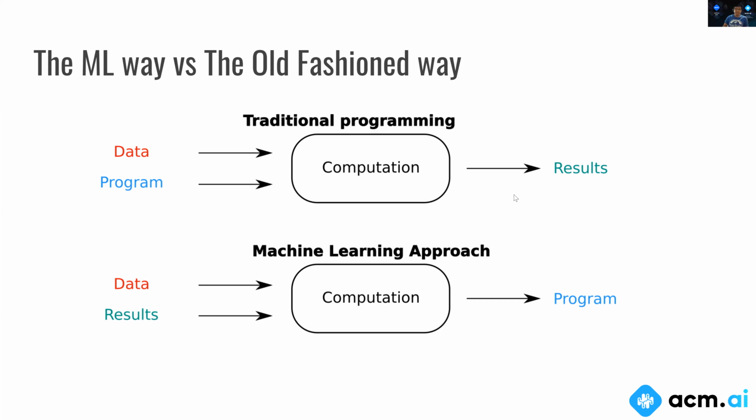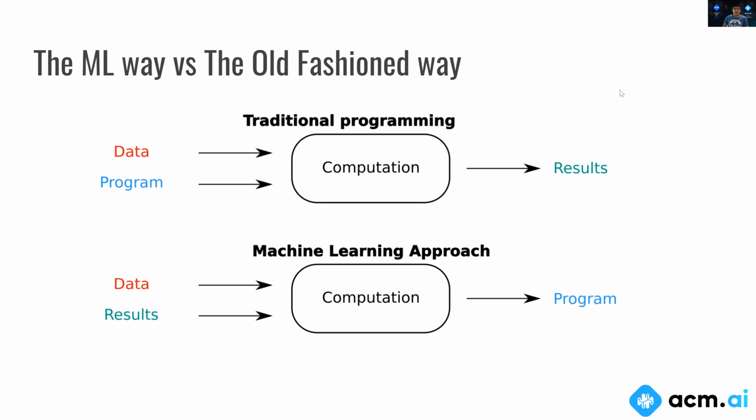Yeah, so back to this: traditional programming versus the machine learning approach. In traditional programming, obviously, we have some inputs we want to give to a program that we would design. Then the program works on this data, and eventually we get some results at the end of the day. But in machine learning, it's flipped. Instead of inputting a program, we input both data, which in this case are the features of the house, and results, which are the target or the price of the house.